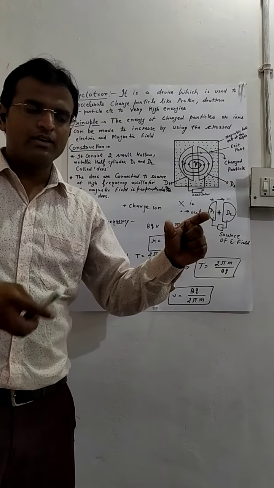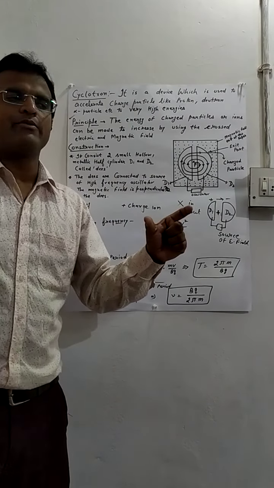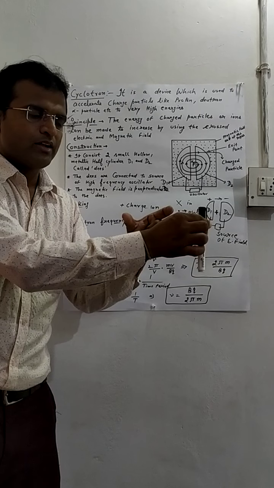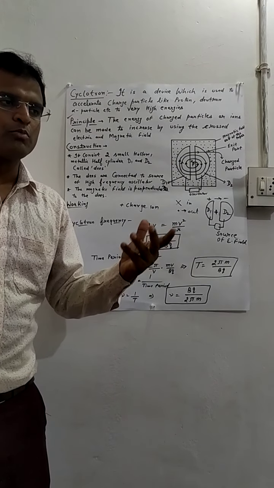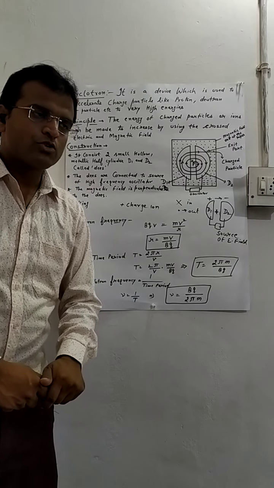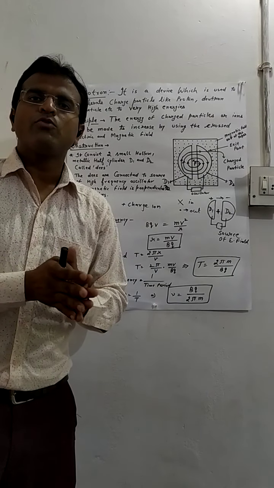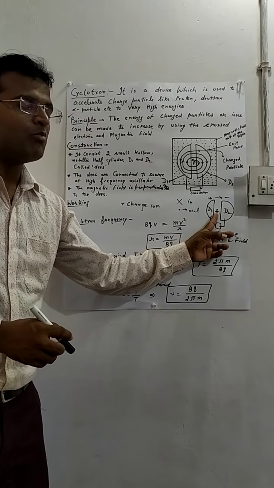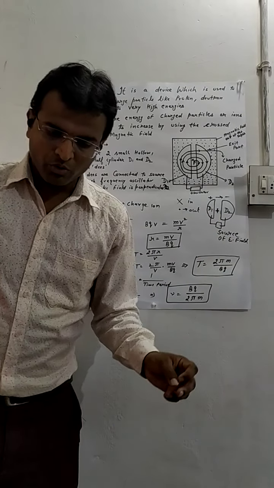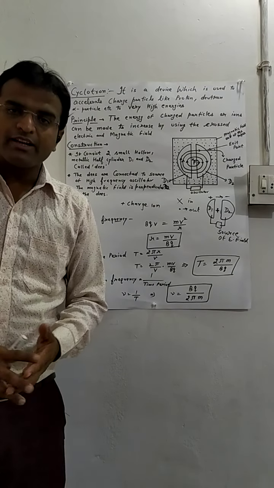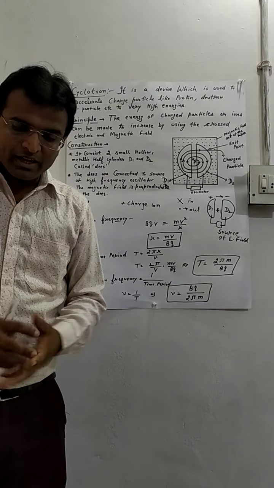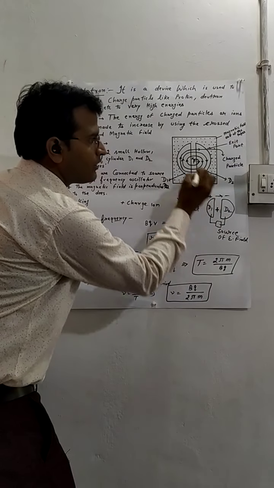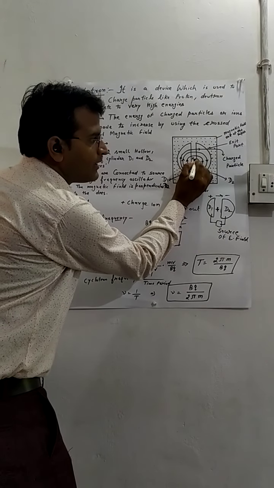What is the direction of the electric field? The direction of the electric field is from the positive end to the negative end. The force acting on a positive charge is always in the direction of the electric field. So the heavy positive ion moves toward D2. The electric field between the Ds accelerates the ions, and the charged particle enters D2.